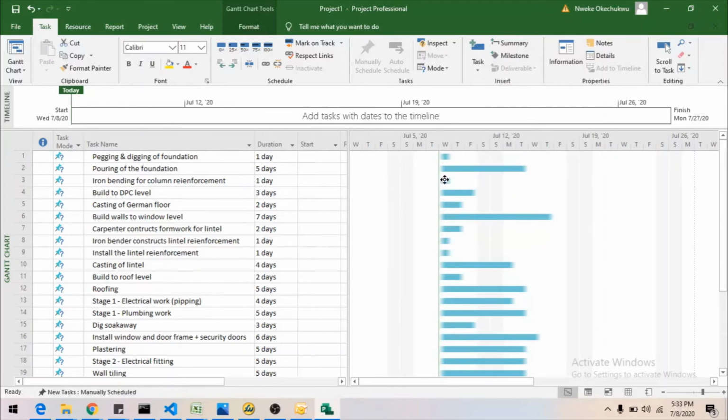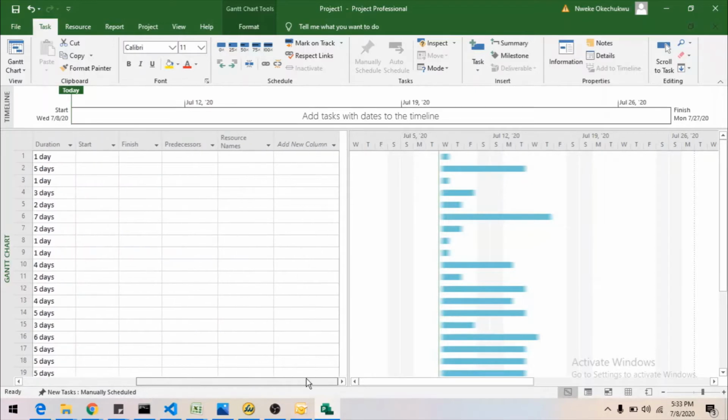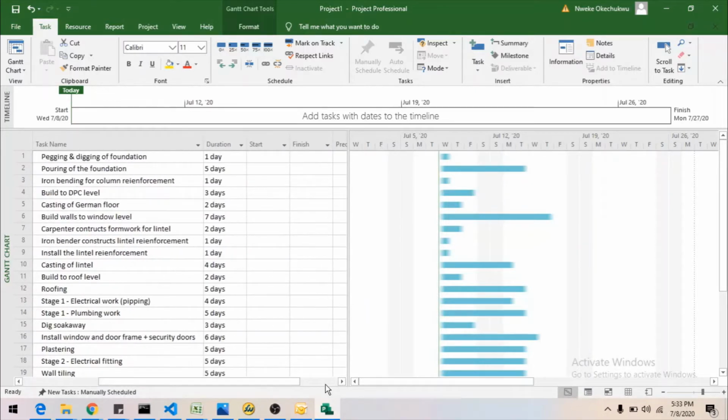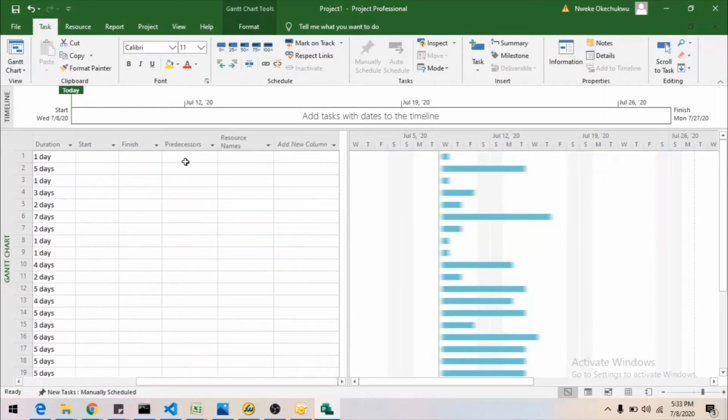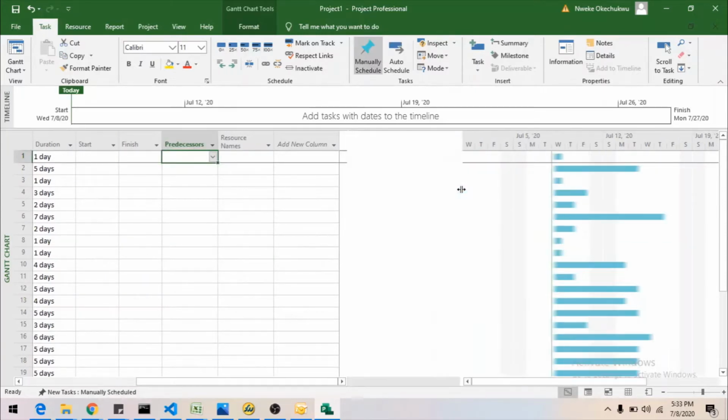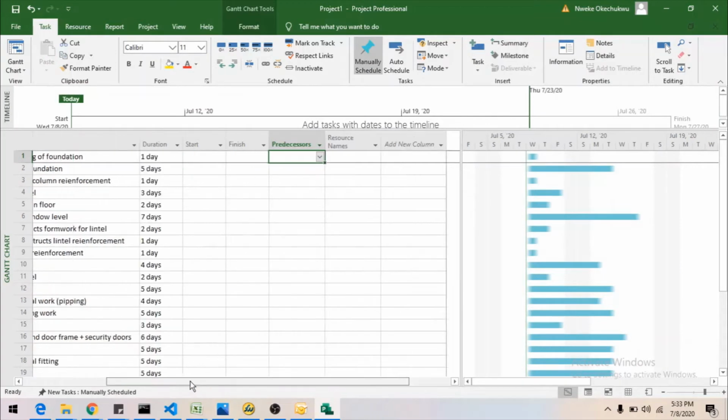And iron bending is 1 day, which is also short, the same size as the pegging and digging of the foundation. So now, the next thing we need to do is set up these predecessors. These predecessors tell us which activity should come first. For example,